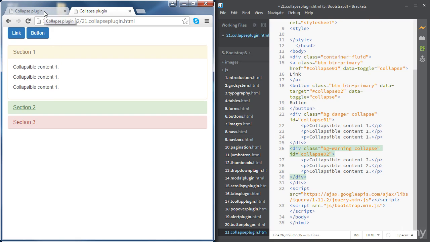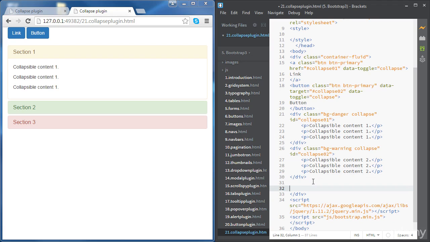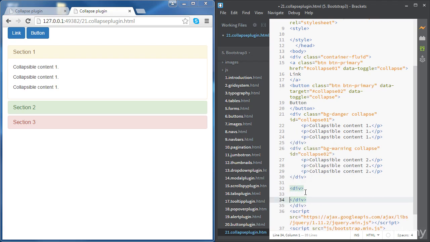Okay. So first, we need to create a div for the accordion and give it an ID. Let's give it an ID accordion. Okay, the accordion needs a class of panel group